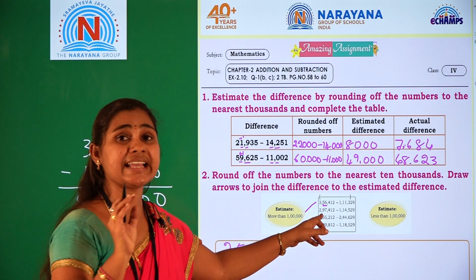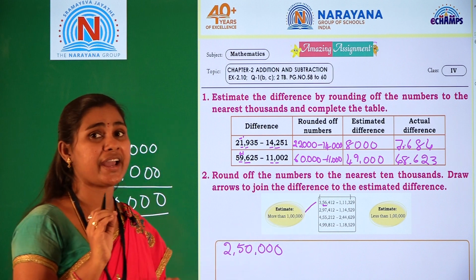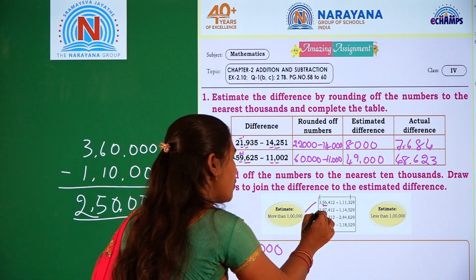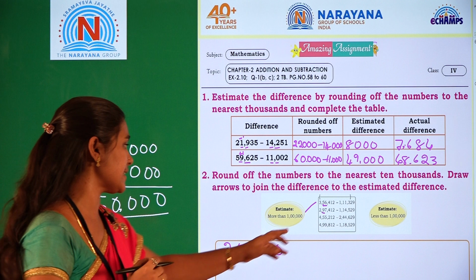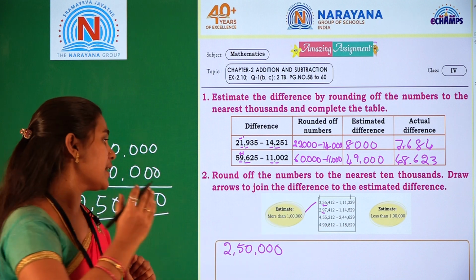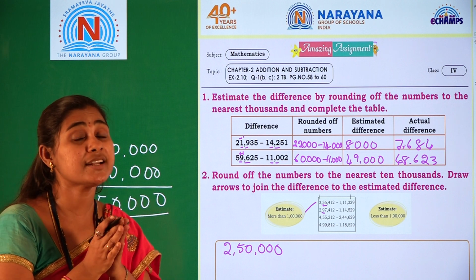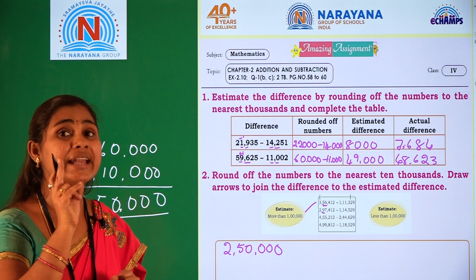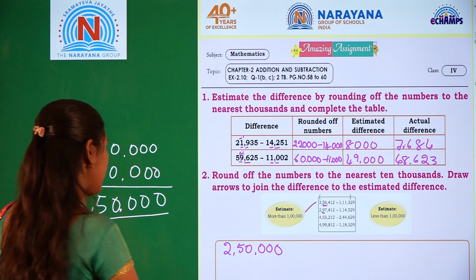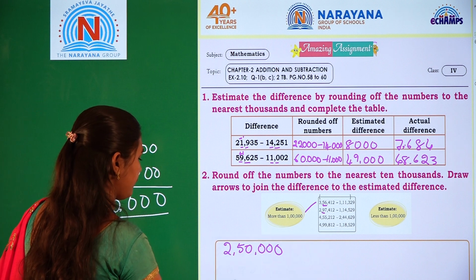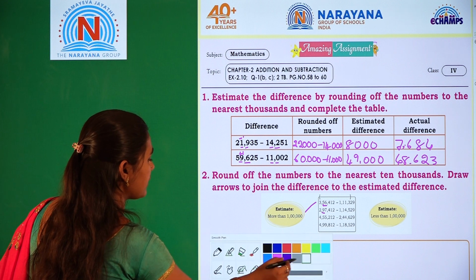Now, 2,97,412 minus 1,14,529. In that, what is the first step? Underline the 10,000s digit. Check the beside digit, that is 7. More than 5 means we have to add 1 to this number. Means 90,000 will become 100,000. 100,000 is nothing but 1 lakh. So it will become 3 lakhs. Write down the 3 lakh.